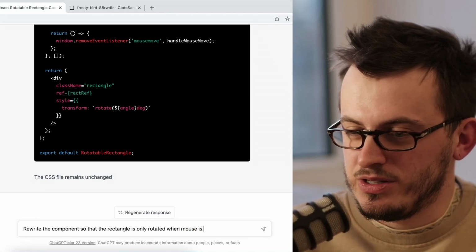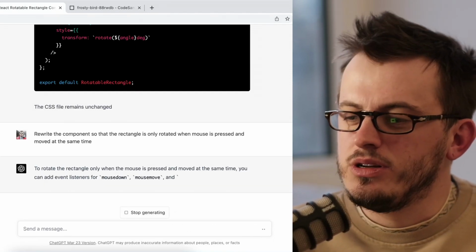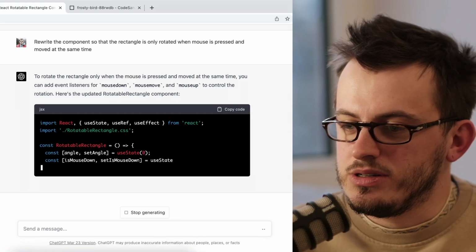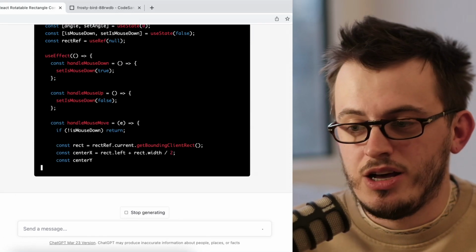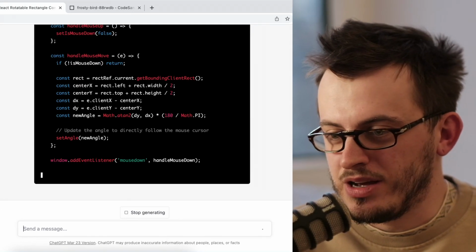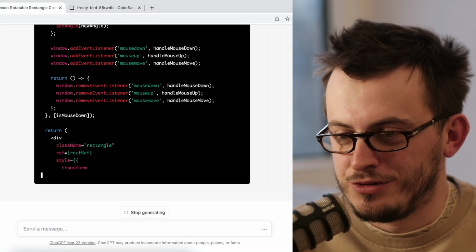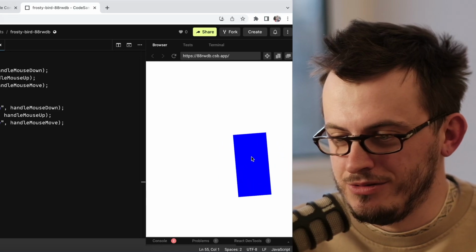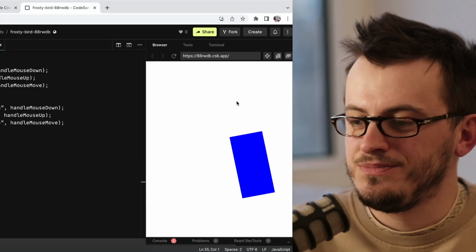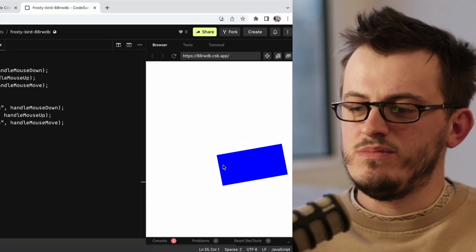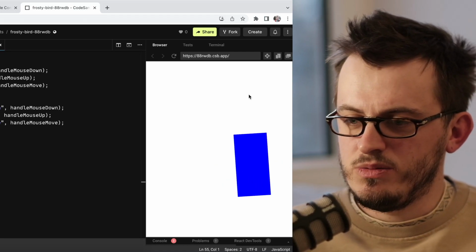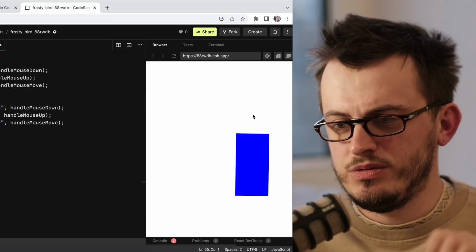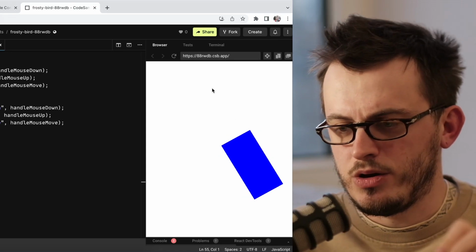Okay, so let's see what it's going to do. Okay, it's as simple as adding a couple event listeners for the mouse down and mouse up. Cool. Nice. Okay, and now you can see that when I'm starting to rotate the block, when I'm pressing down the mouse button,